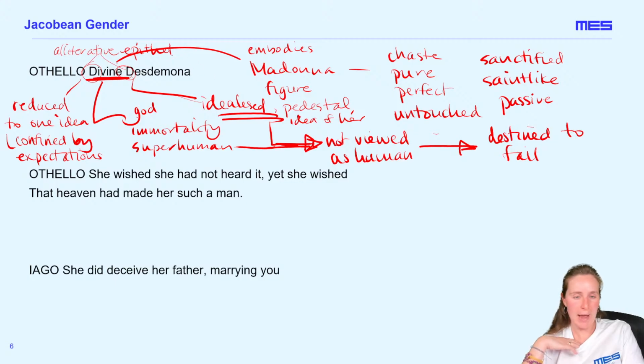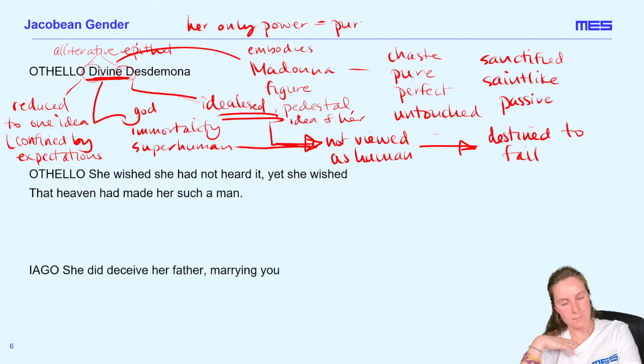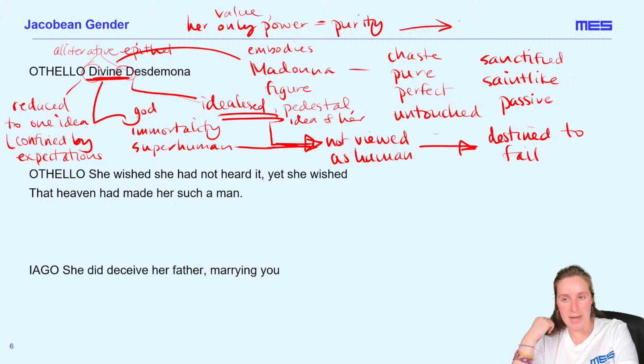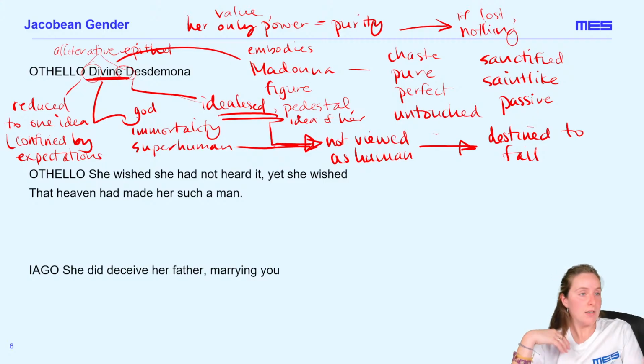Because what is she? She's powerful in this Madonna-esque figure, in this godlike thing. This is her only power. That's her only value in society. So if she loses that, she's nothing. And we can see that because she immediately loses her father and then subsequently loses Othello, who, from